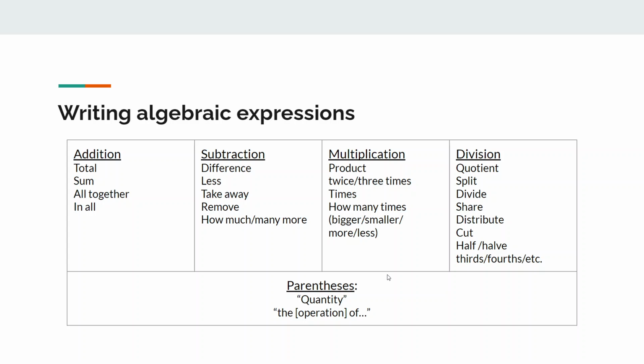If you see the sum of something, the difference of something, the product of something, that has to go in parentheses. So it's like the product of 3 and 4. Well, then you'd have to put 3 times 4 in parentheses. Or the sum of x and